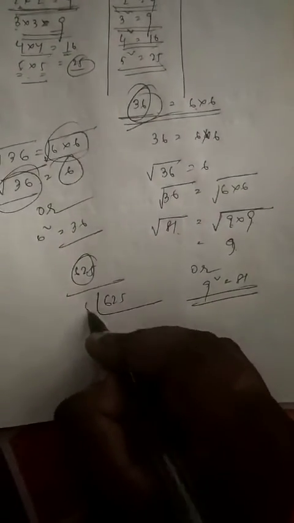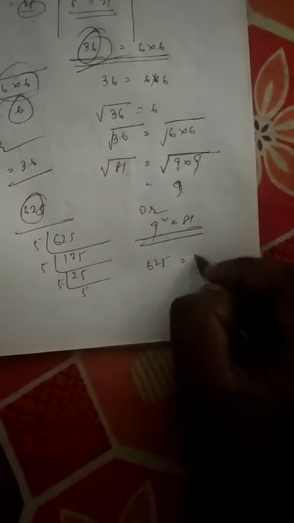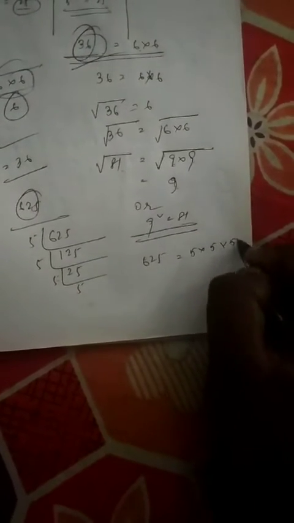So what is that? Just simply break this number by prime numbers. Suppose 5 125s are 625, again 5 25s are 125, again 5 5s are 25. So I got 5, 5, 5, 5. So can I write 625 is equal to 5 into 5 into 5 into 5? Yes, we can. Now apply root over on both the sides.